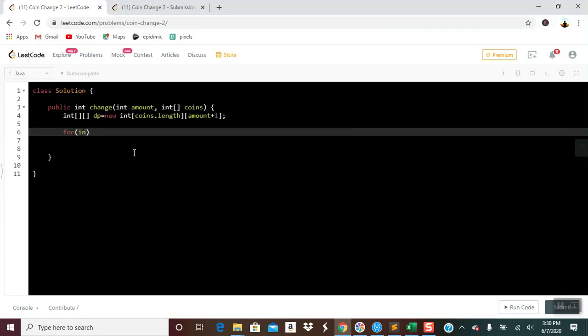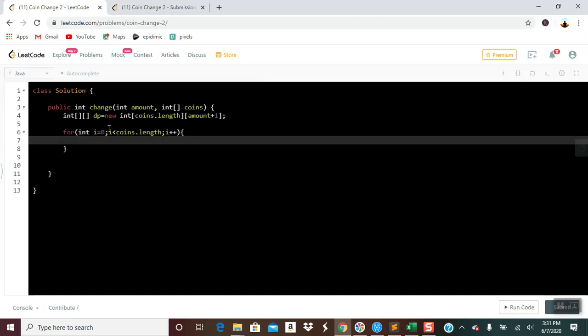So let's say int i equal to 0, i less than or equal to coins length, i plus plus. Now another for loop, int j equal to 0, j less than or equal to amount. This time it's amount, sorry, j plus plus,